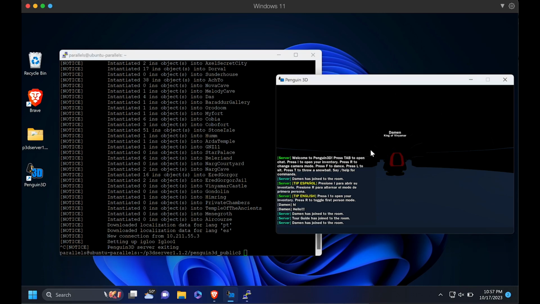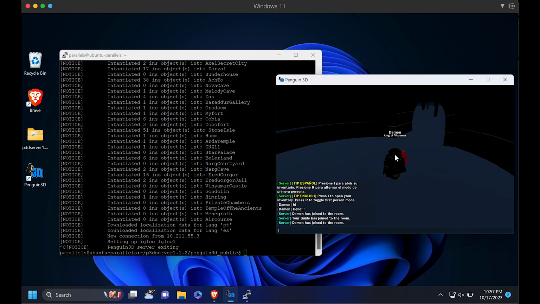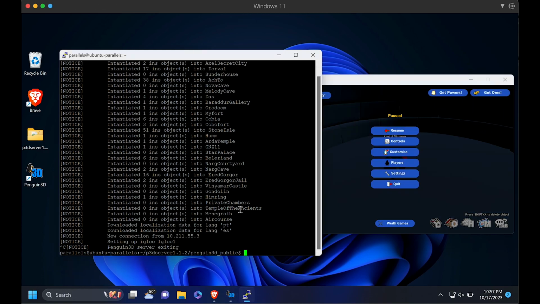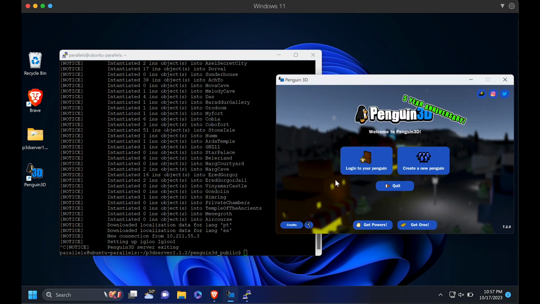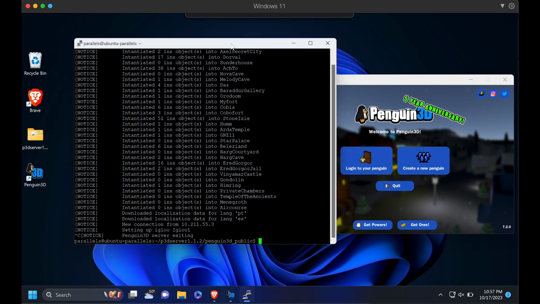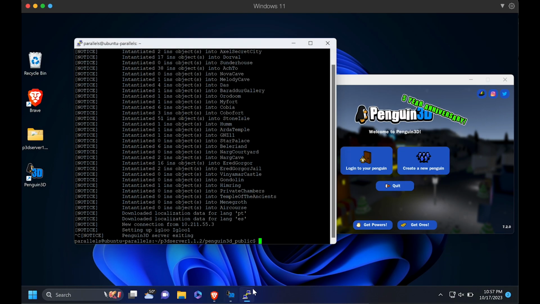Alright. And as you can see, it's not responding at all. Okay, so there we go, it's timed out. So you might be wondering about asset bundles. Asset bundles work exactly the same as they do on localhost, but you just have to store your asset bundles on your VPS